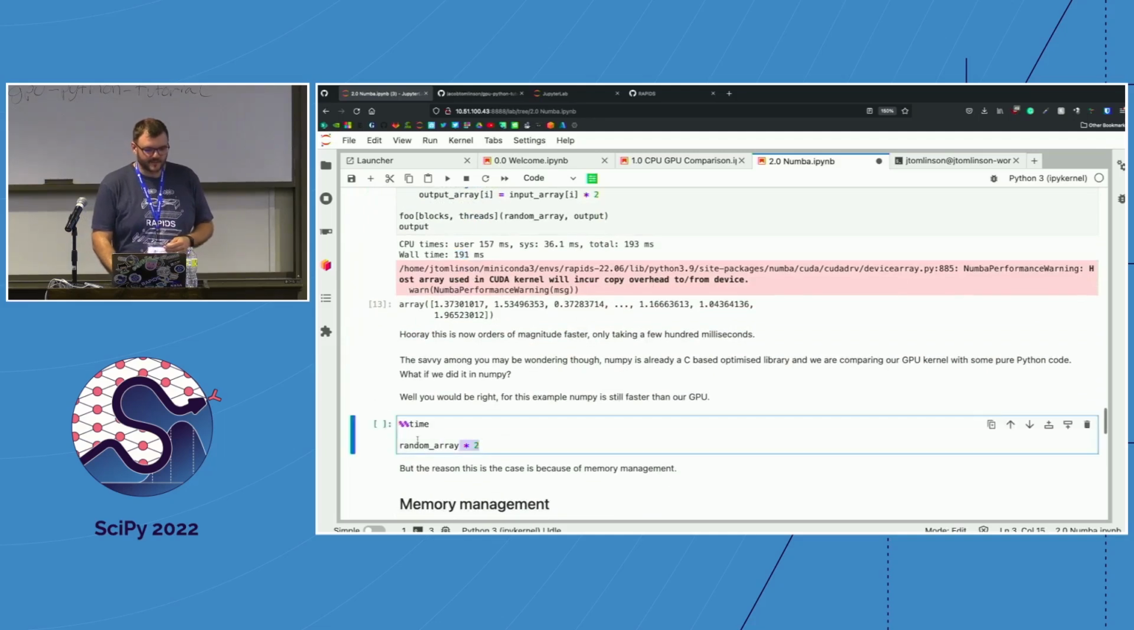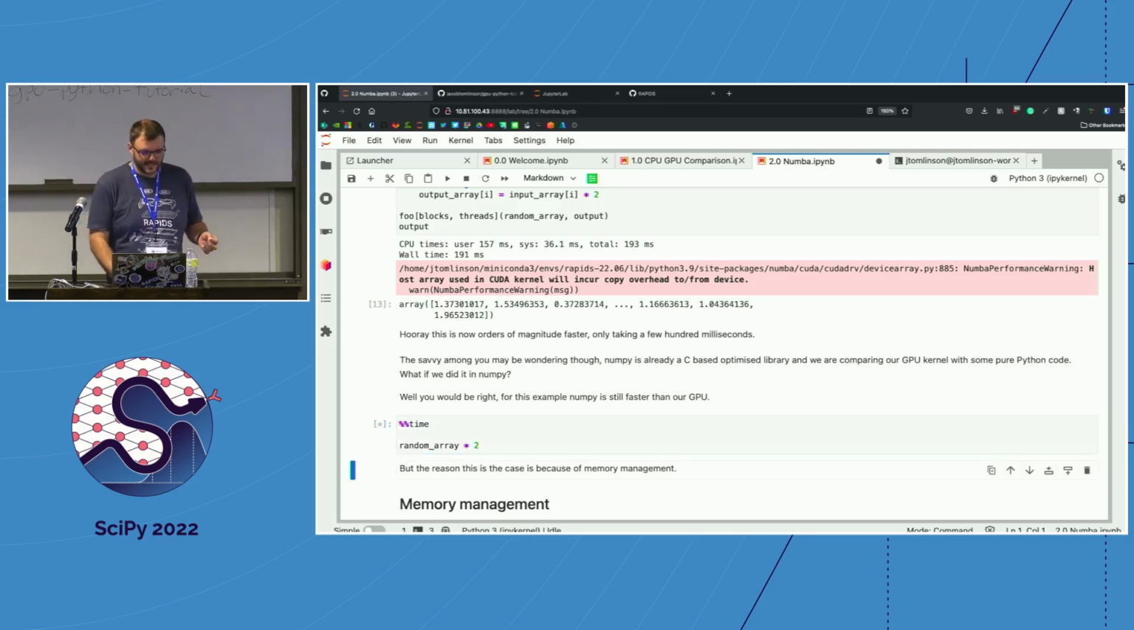And of course we can just use NumPy, right? We can just do our array times 2, and NumPy will do this on the CPU. And the workstation I'm on has got 96 CPU cores, so NumPy is very nice on this machine. If I time how long this takes in NumPy,